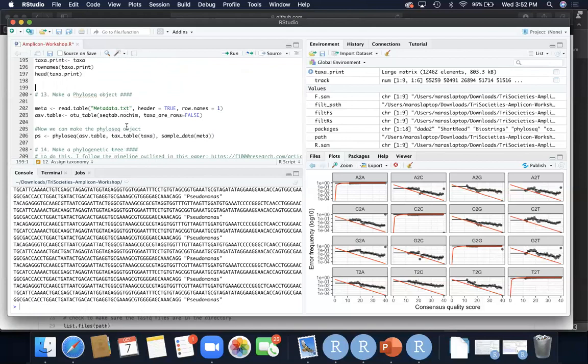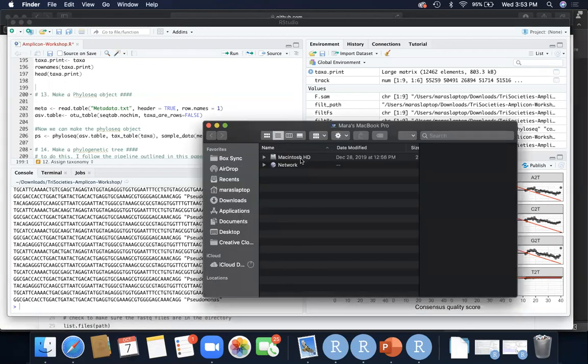And now we can actually start to build what we call a phyloseq object, which is a fantastic resource that is basically one object that includes the samples, so the sequences and their abundances, the taxonomy of those sequences, and then the metadata associated with the samples. So before we bring in this metadata file, I want to actually just take a moment to show